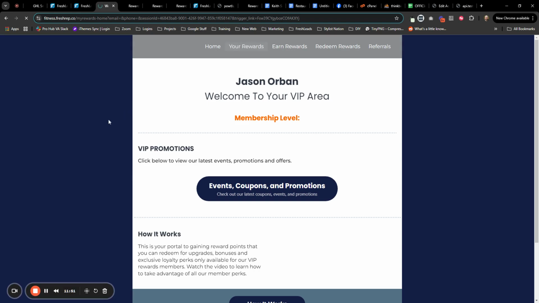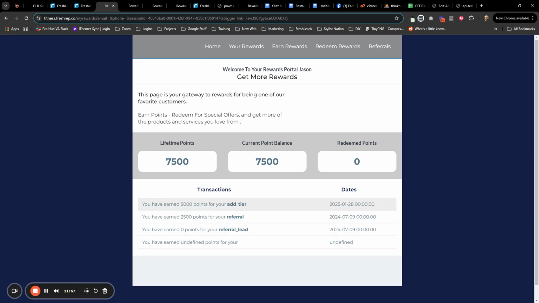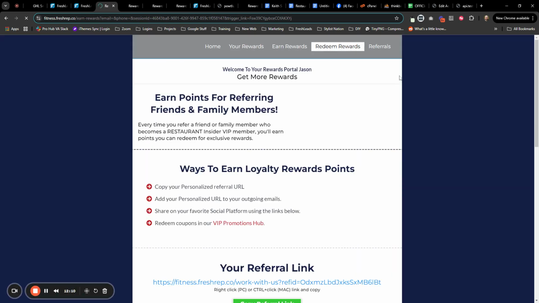Your rewards. There we go. It pulls in our points and now shows us our transactions here too. So you can see that we were added 5,000 points for being added to that tier. Now, if we click over at Earn Rewards, that's our referral page. And if we click on Redeem Rewards,